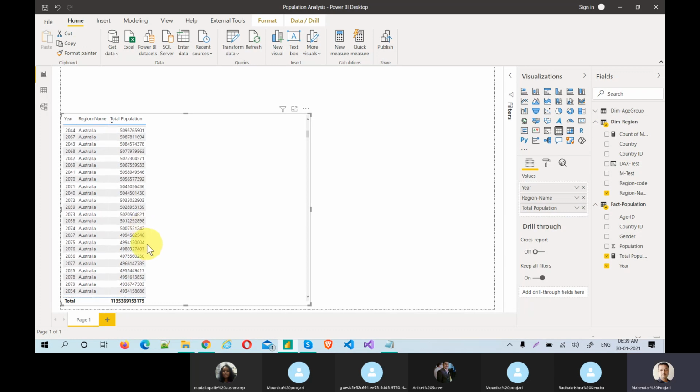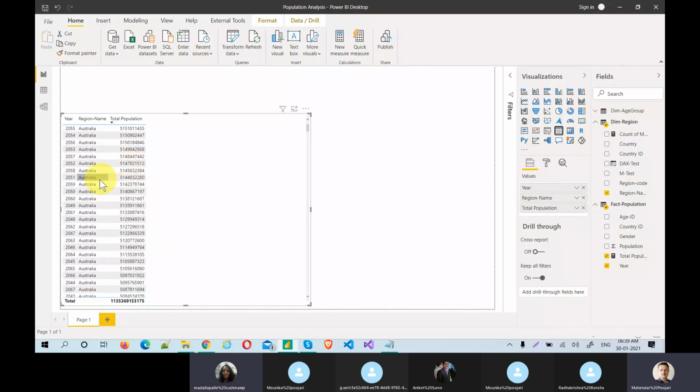Total population. We need to slice and dice so that it changes based on that. Anything in the value section, you will be using the measure.